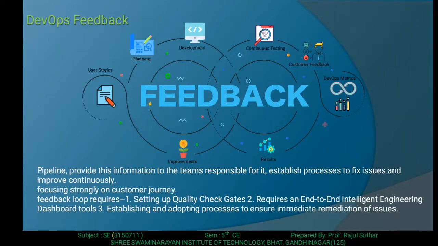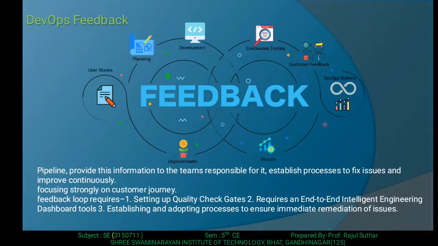Then DevOps feedback. What is the feedback? Feedback is the process of the pipeline providing information to the team responsible for it. Establish the process to fix the issue and improve continuously.